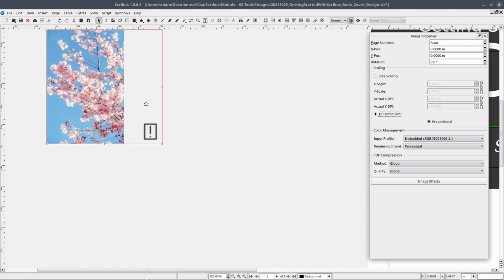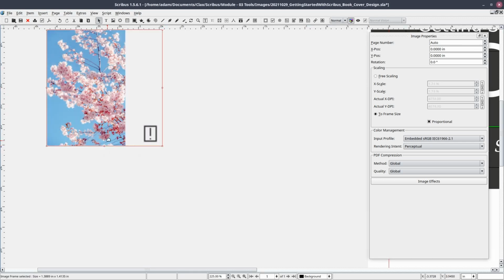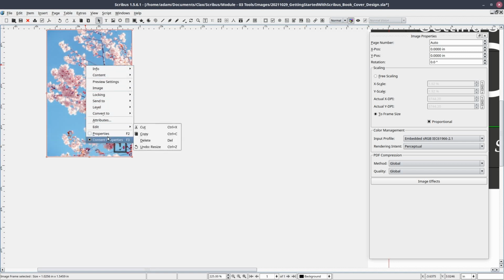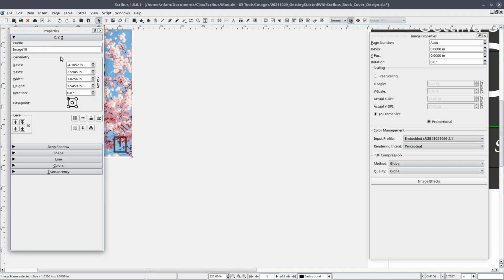This doesn't always produce the desired results, so when you do this and you're just starting out, it's advised that you make sure that the proportional option is selected as well. Using the image frame's properties control panel, we can set the frame size to the size of the document, which happens to be 6 by 9 inches. Then we can center the image and scale the image to the frame's size.